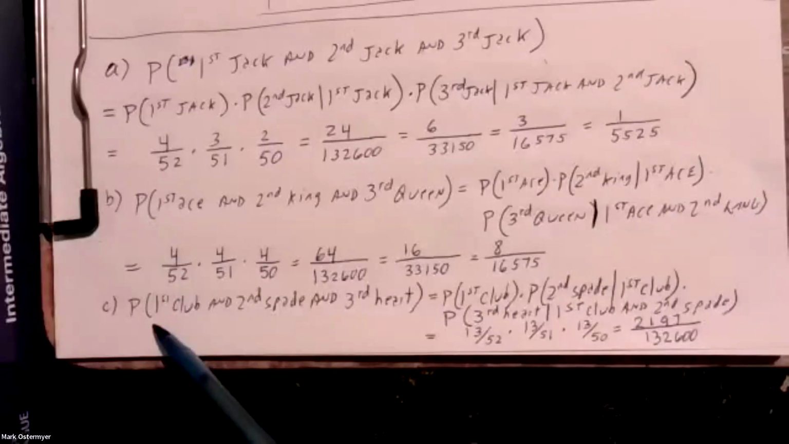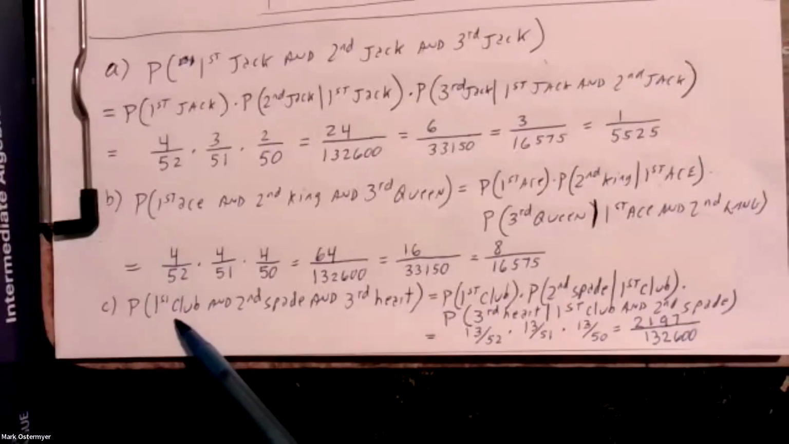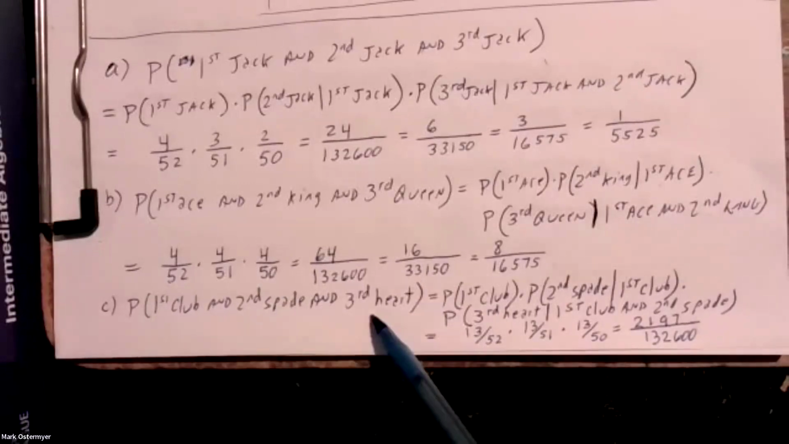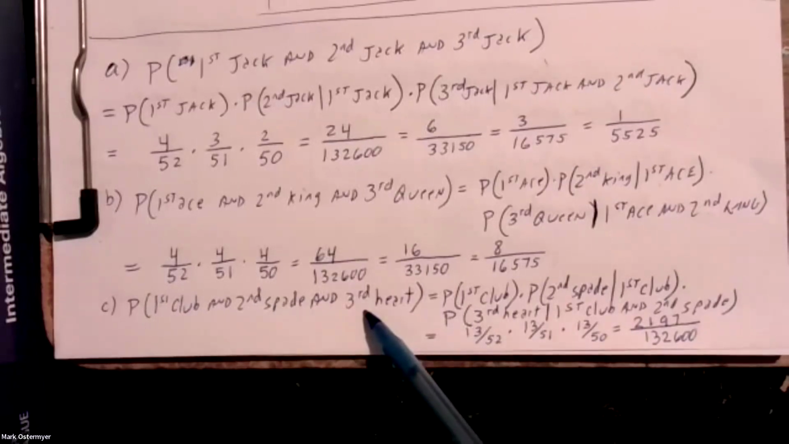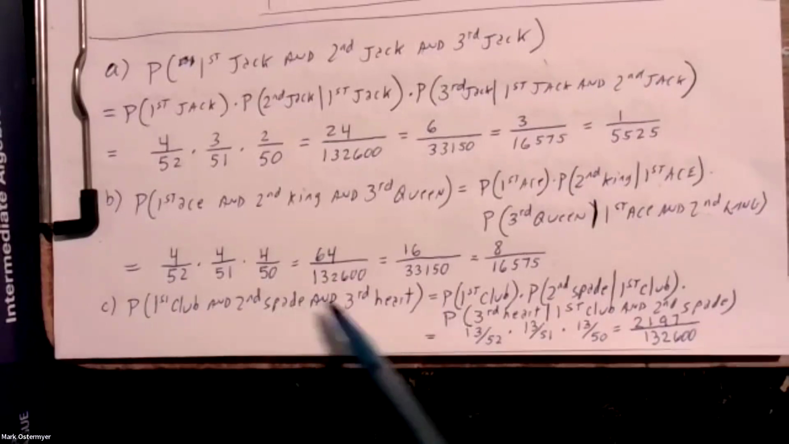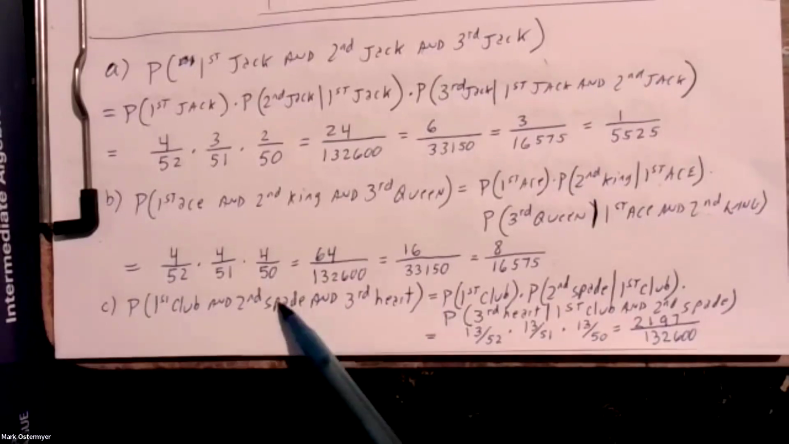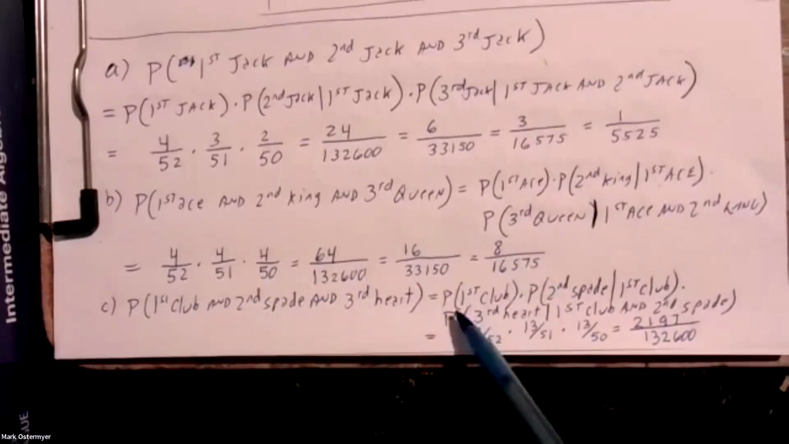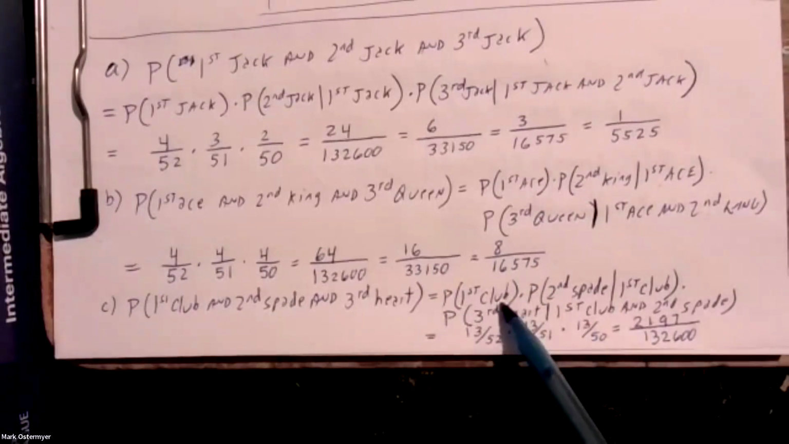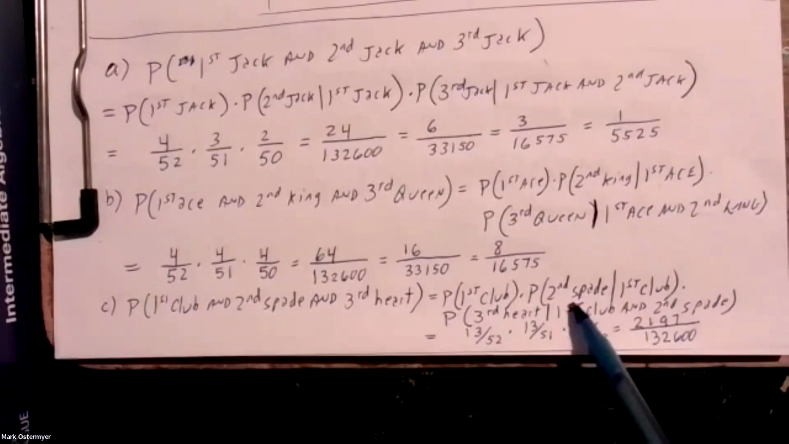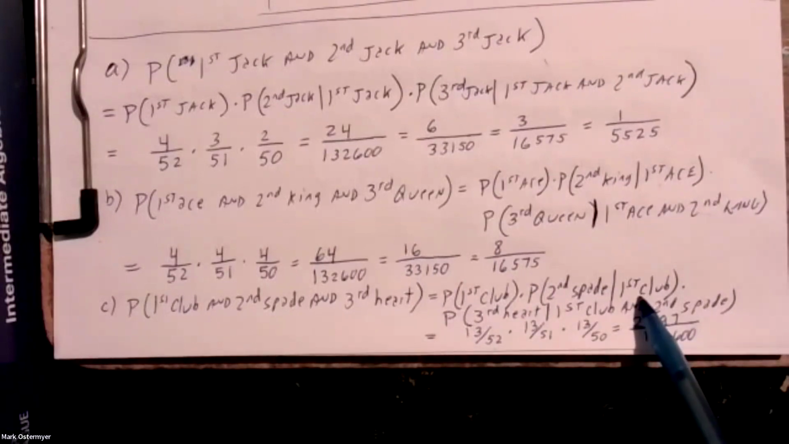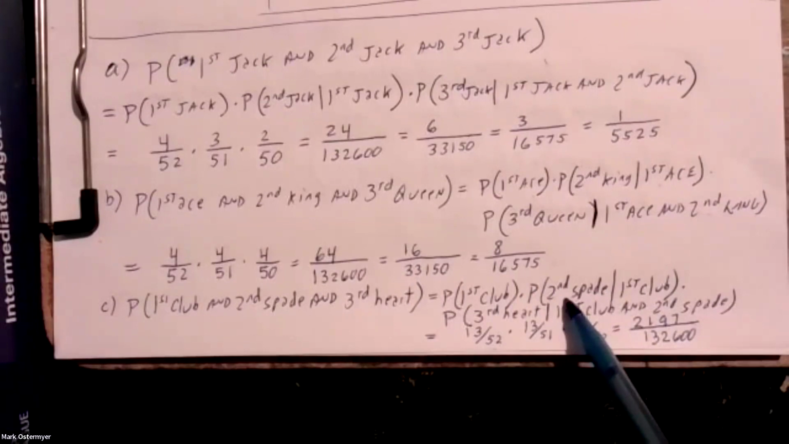C. What's the probability of selecting a club and a spade and a heart in succession in this order without replacement? These events are dependent events because this experiment is without replacement. Hence, that's going to be equal to the probability the first selection is a club, which is 13/52, times, given the first selection is a club and we keep it out of the deck, what's the probability the second selection will be a spade? That'll be